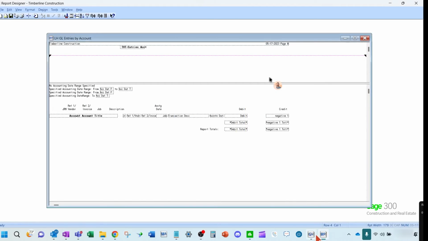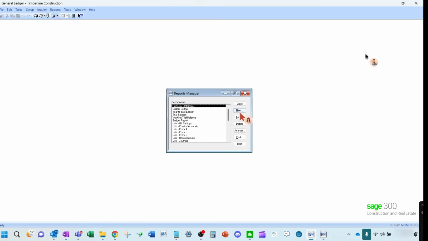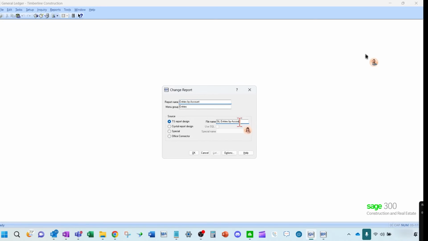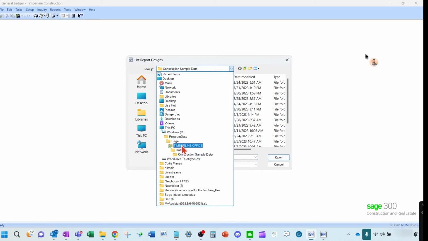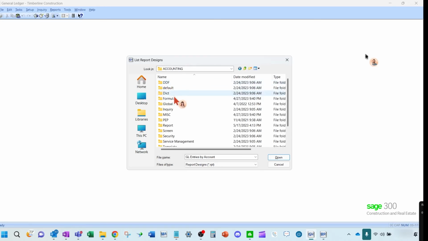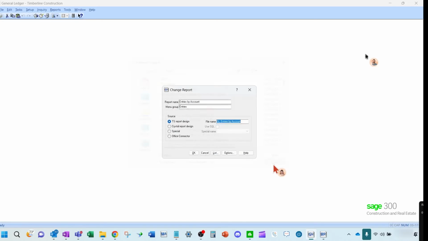Okay. So back to what Mike was saying. If you want to put it on the menu there, you can hit new, or let's say you want to replace the GL entries by account with your custom one. You can change it and point to the one that I created instead. And what's really nice here is instead of browsing to it, if you've named it correctly and simply, all you've done in this case is use the same name but put your initials in front. You don't even have to go into this browser here. Hit cancel for a second.